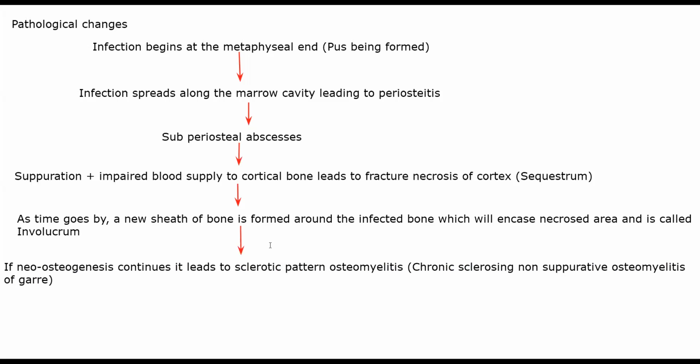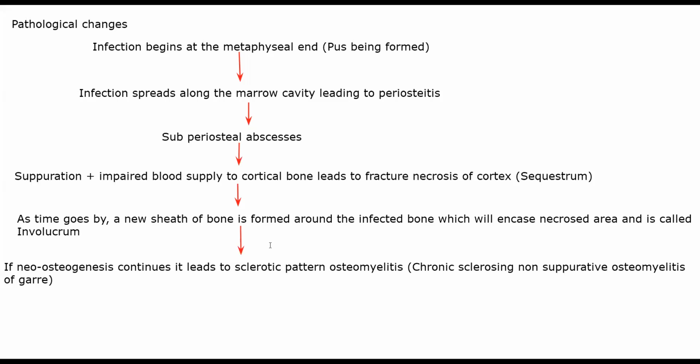You can have Brodie's abscess, or sometimes if vertebral osteomyelitis occurs, your infection will begin at the disc and it will spread to vertebral bodies. That is a different type of osteomyelitis. In any case, there can be different sequences to what is happening, but this is the general sequence. Garré osteomyelitis goes on for a long period of time, initially at the metaphyseal end there will be infection. It will go to where pus is being formed. It will go to marrow cavity where it is increasing pressure because of increased amount of pus, and ultimately leading to periosteitis, inflammation of your periosteum. Then directly under periosteum, you'll be able to see abscesses being formed, subperiosteal abscesses.